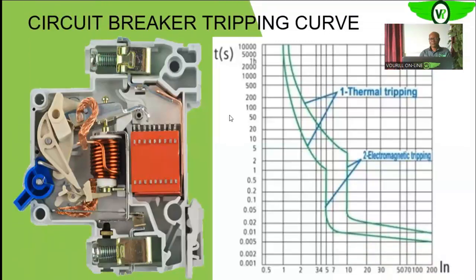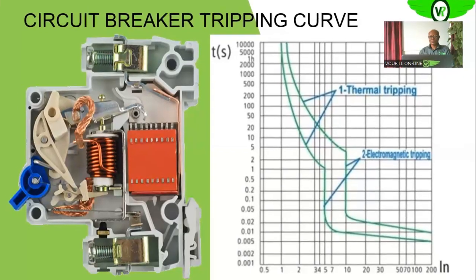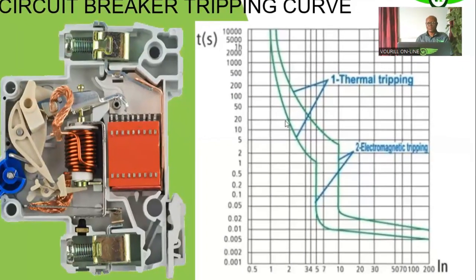In this section, we are going to look at how you will understand the tripping curve for your circuit breaker. So the understanding of the tripping curve is very important, not only for selection of the circuit breaker, but to appreciate how the circuit breaker actually operates. And of course, like we said, it will help you to select the right and appropriate circuit breaker for your circuitry. So now let us look at the tripping curve, and that is what you are seeing on the right